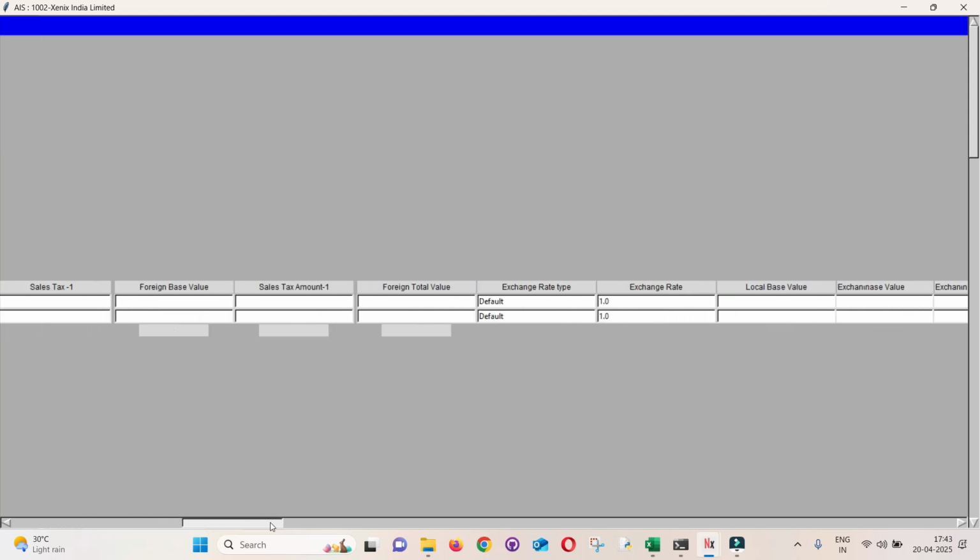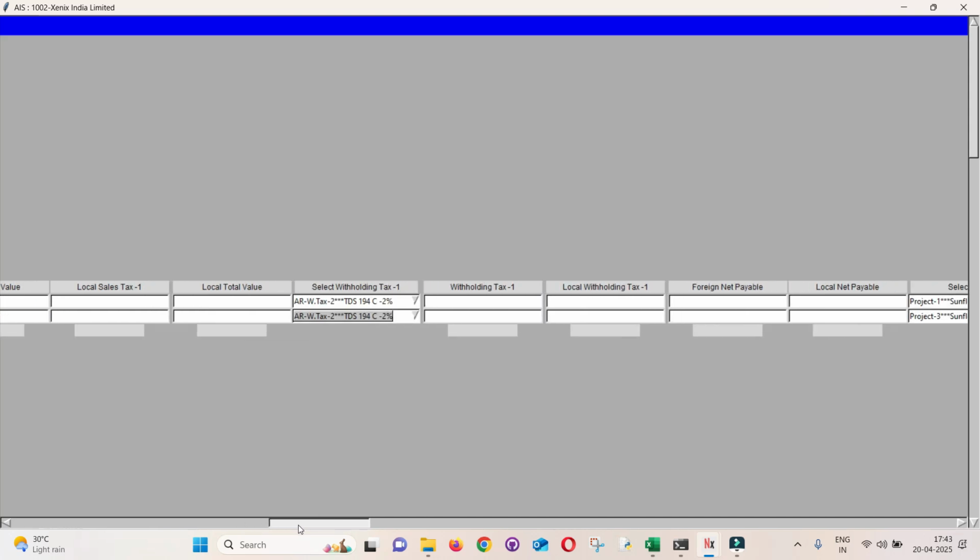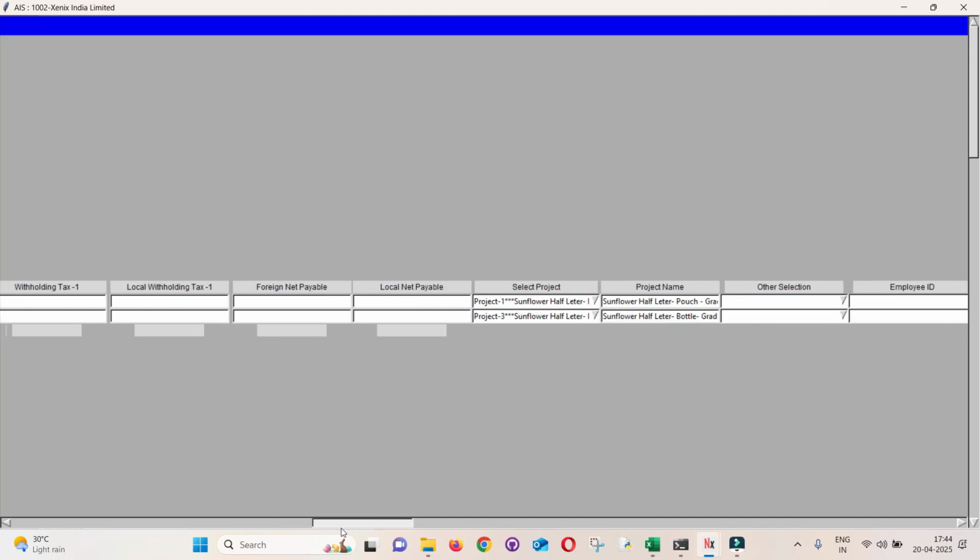So the quantity, everything was there. There is one withholding tax. We told what the withholding tax is. We are applying a withholding tax of 2%. So we have let the system know what the withholding tax is, and